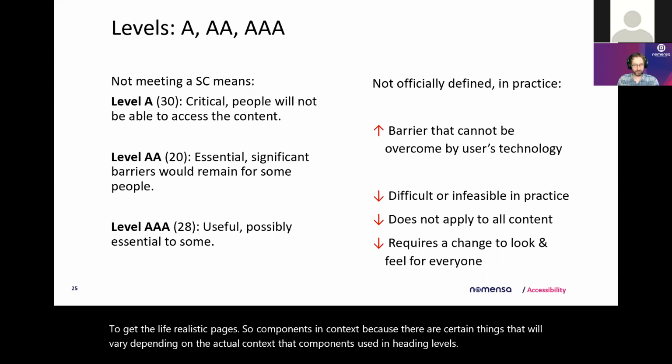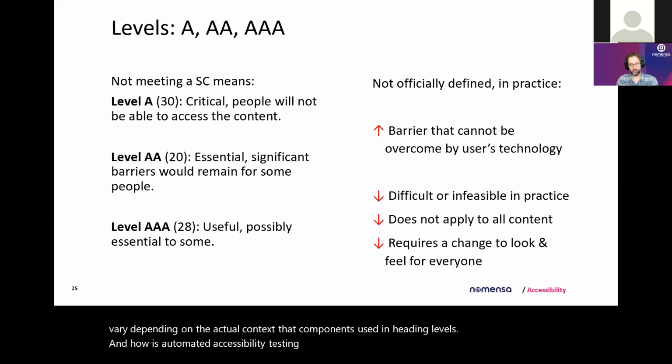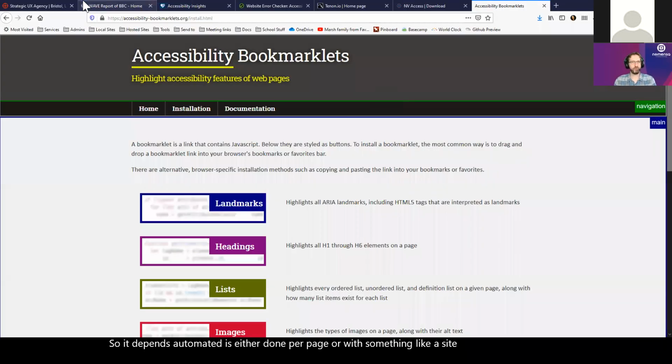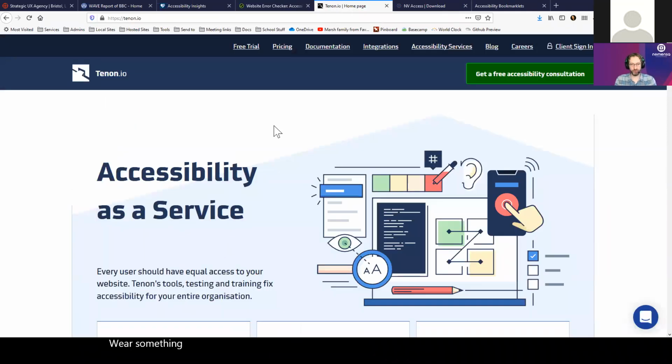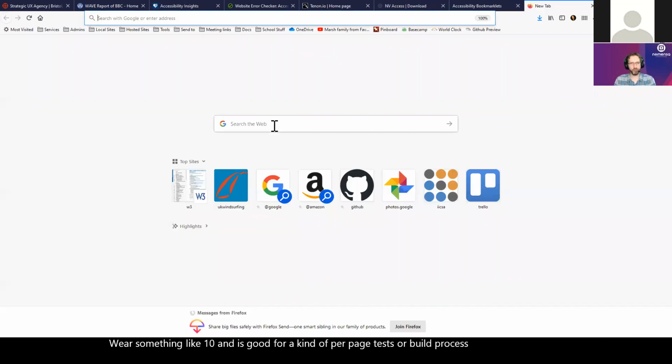And how is automated accessibility testing done? Any audit tools? So it depends. Automated is either done per page or with something like a site spider. I think, as I mentioned before, things like SiteSort will spider a website for you and check for issues, with the huge caveat that it's only going to find 30 to 40% of the issues. Whereas something like Tenon is good for per page tests or build process tests. And there are also things like